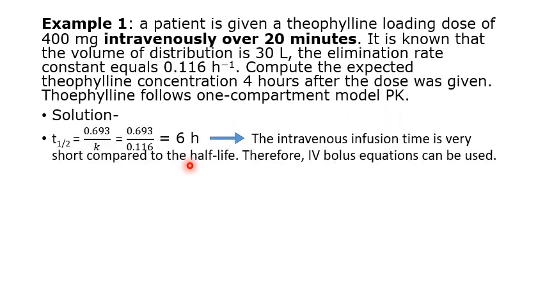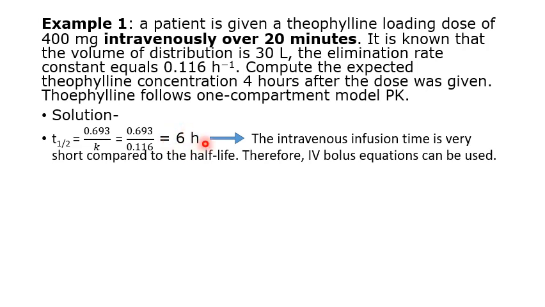Okay, for the solution we should calculate the elimination rate constant. The elimination rate constant, sorry, the half-life. The half-life can be calculated by dividing 0.693 over the elimination rate constant. Then the result will be 6 hours. You can see here that the drug was intravenously infused over 20 minutes. But the half-life of the drug